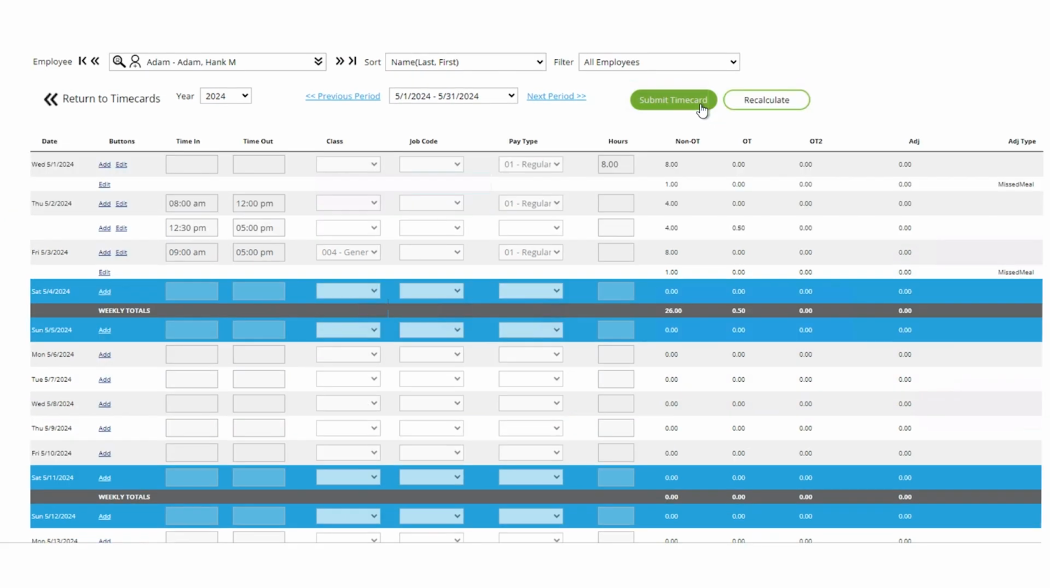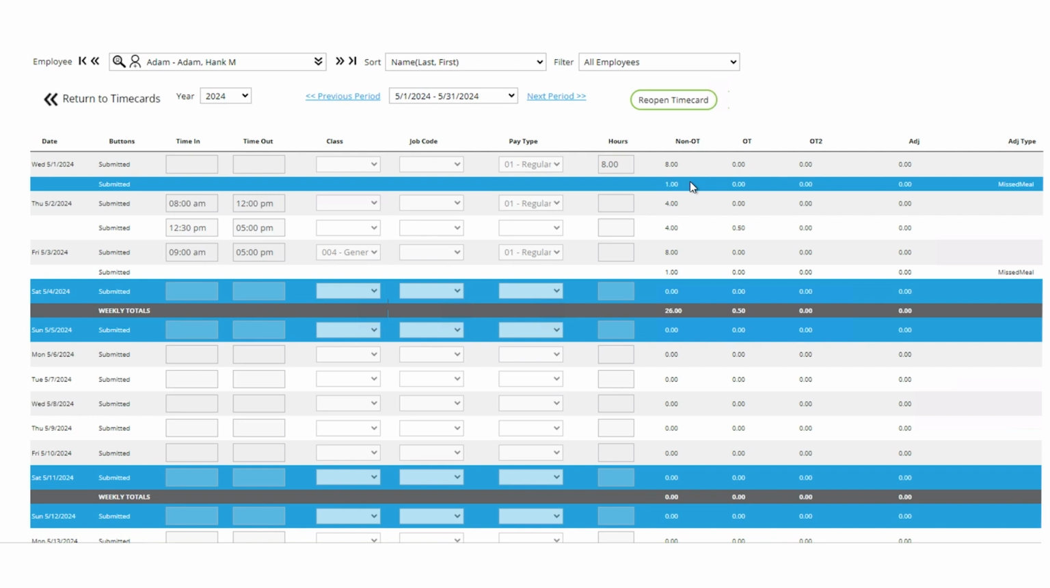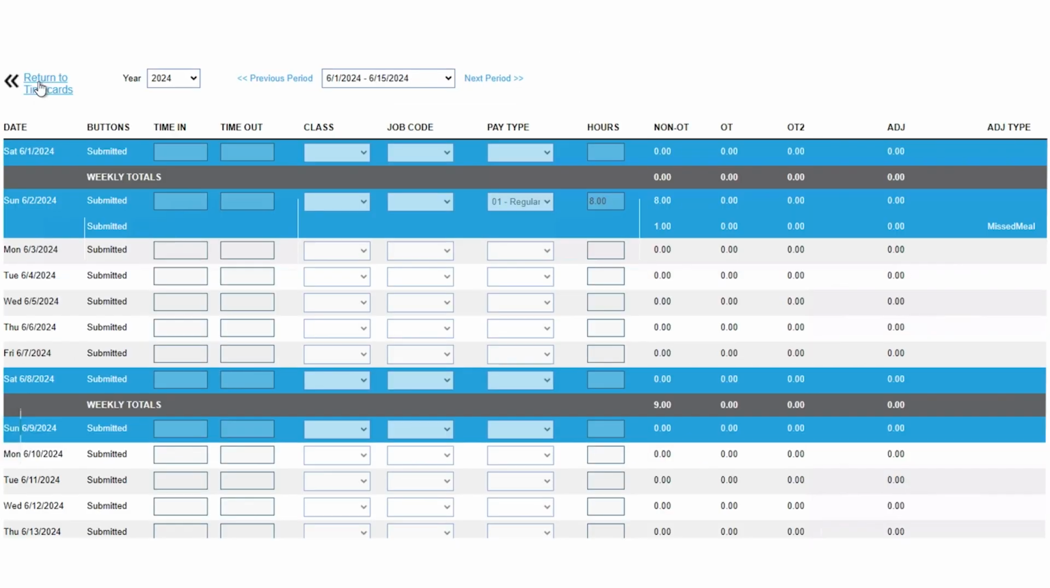When either submitting or reopening an employee's time card, it does not send any kind of notification to the employee that their time card has been submitted or reopened. It is recommended to notify the employee if their time card has been submitted or reopened for any reason, so they can make any necessary modifications to their time card. To return to the time card dashboard, click on the hyperlinked Return to Time Cards button in the upper left